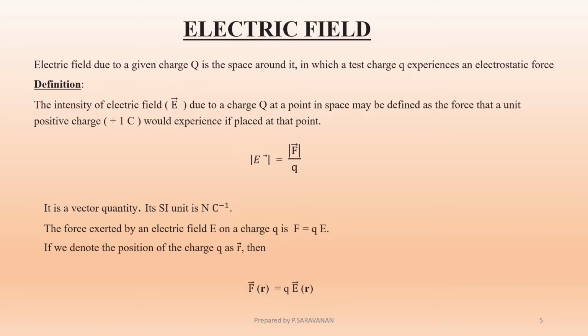a gravitational force. Similarly, you take a bar magnet. The bar magnet is surrounded by a magnetic field, which is the area or space inside which any other magnetic substance or magnetic pole enters, and that will experience a magnetic force. Like that, now electric field due to a given charge capital Q is defined as the space around it in which any other test charge small q experiences an electrostatic force, either repulsive or attractive, depending upon the given charge